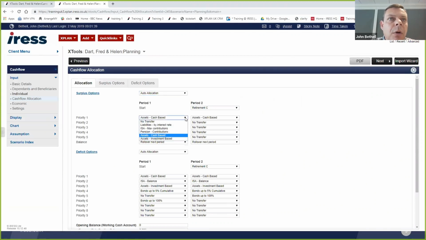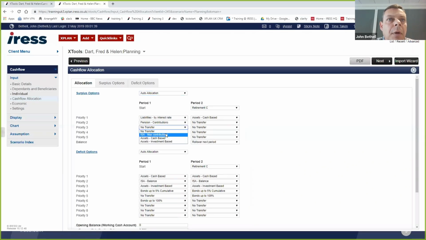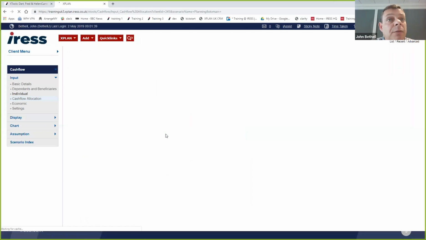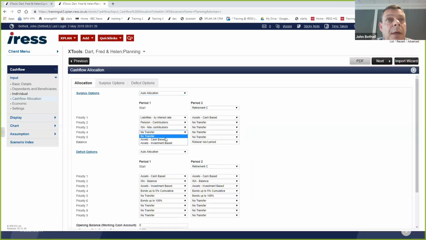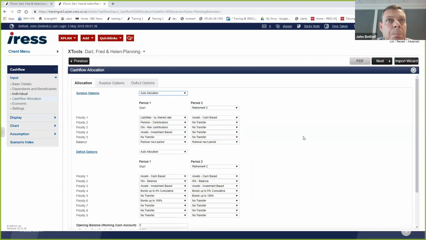And I'm now going to say, well, actually, I'm going to repay debt first, as per the FCA hierarchy of need. I'm then going to fund my pensions. I'm then going to fund any ISA. If I've run out of money in the GIA, I'm going to fund ISAs. I'm then going to add to the GIA. Similarly, in retirement, if there's any debt left, absolutely, I'm going to get that repaid.